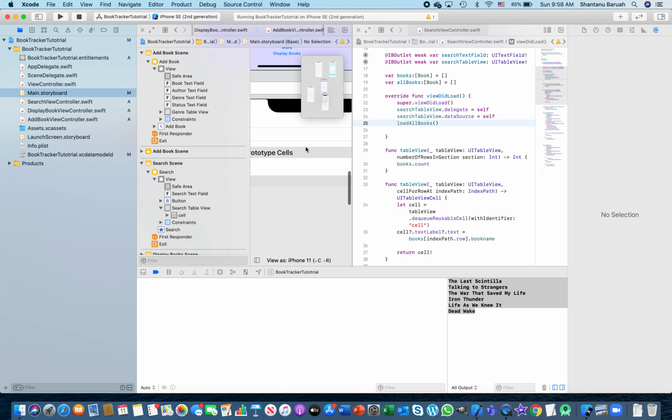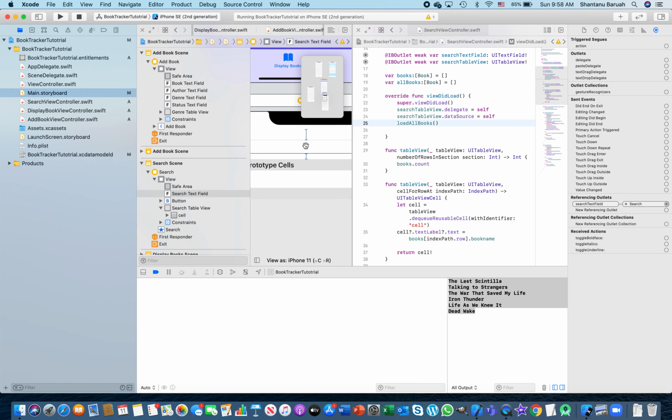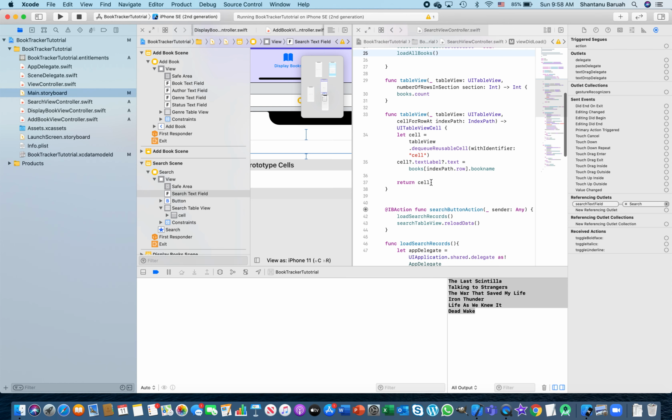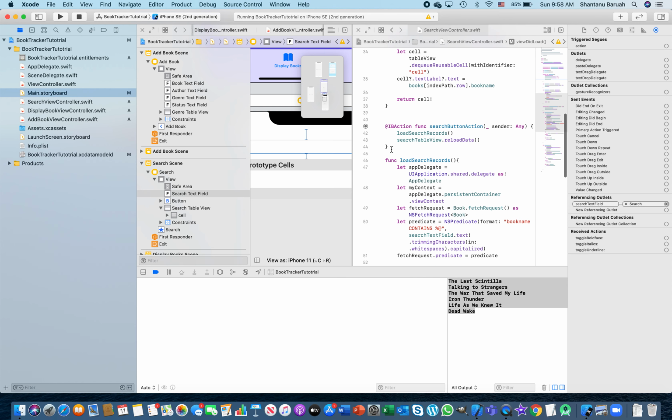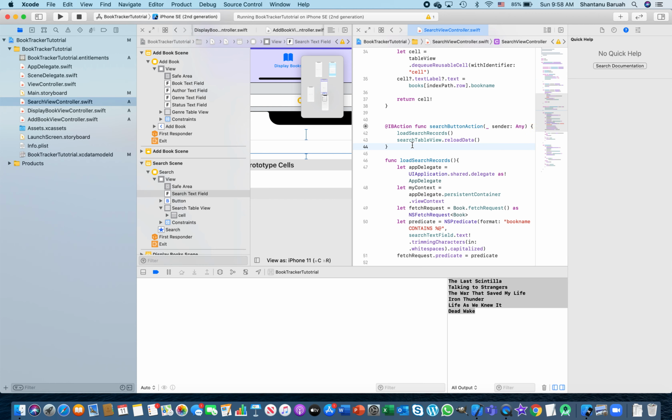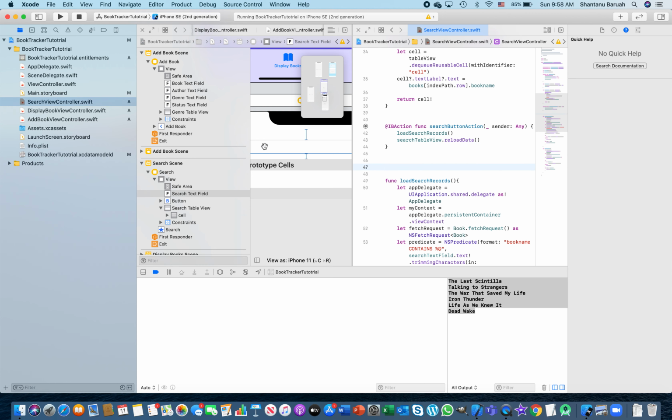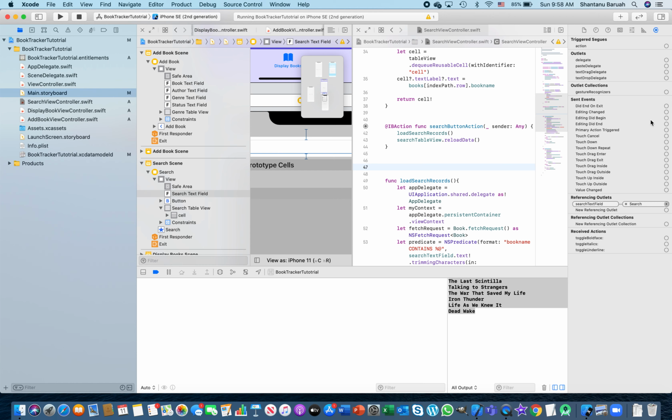Now here you have the search. You can do it in multiple ways. We'll do the connection inspector. We'll look at a spot where we want to be, maybe over here. So what we'll do is we'll click on the search and click on your editing change and command, and wherever you want to insert. We want to insert it right here after the search button action. We do that. We will say this is your search